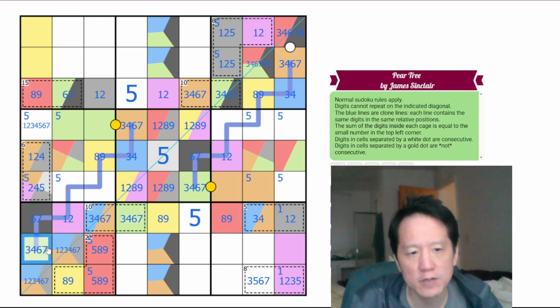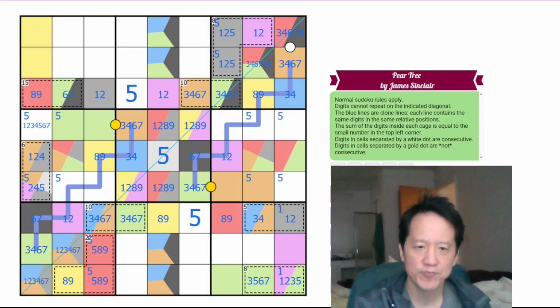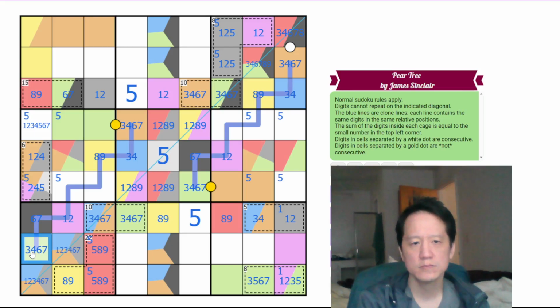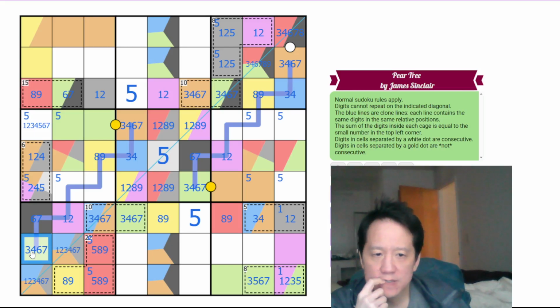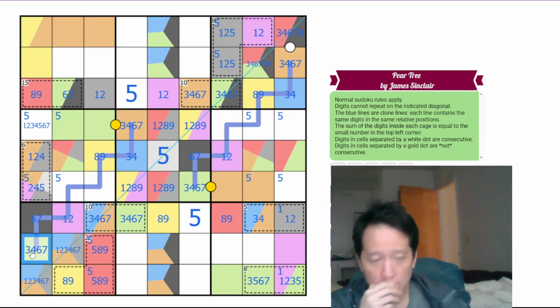Where is this green? The green has to be one of these three cells. Huh, interesting. Not sure what that tells us, but the orange also has to be one of these three cells. So if the orange is here,